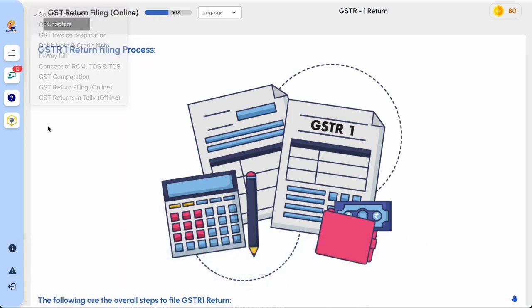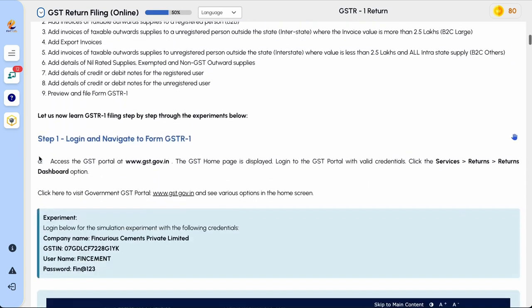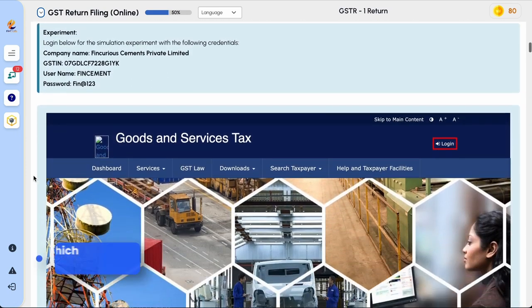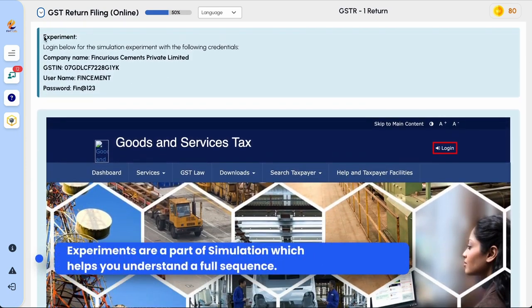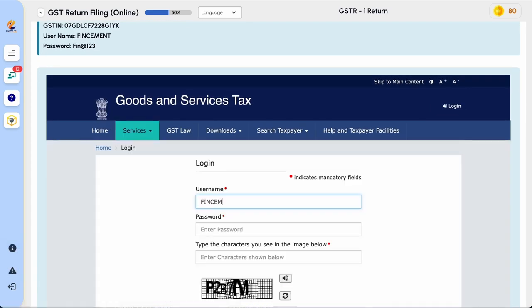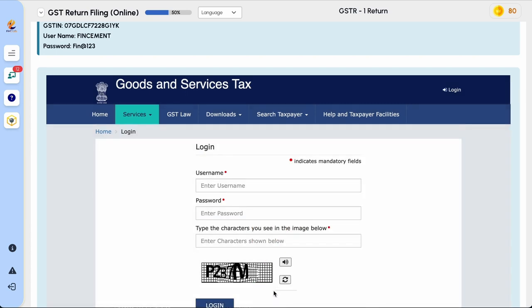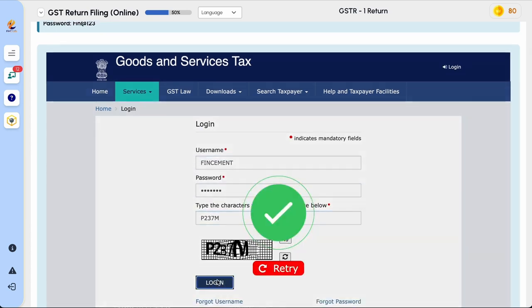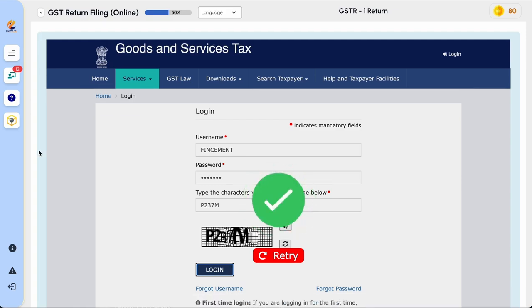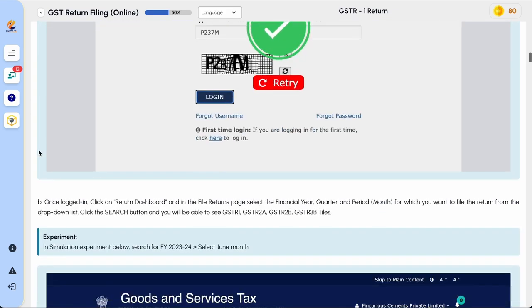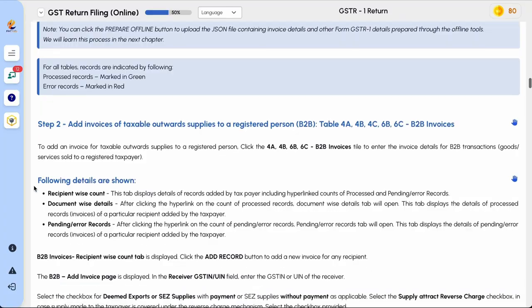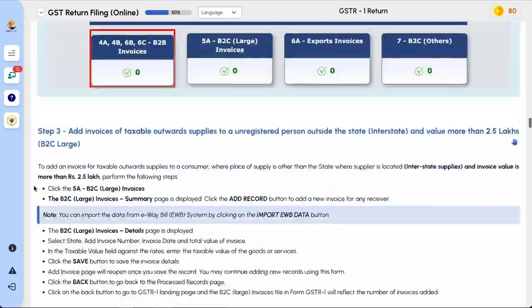One of the coolest features of the lab is simulation experiments that you can do within the lab. For example, the first experiment says log in below. Let's use the credentials to log in. Oh no, we made a mistake. You can click on retry if you wish to rectify the mistake. Hooray! You got it right. By the time you complete a section, you would have learned the complete topic by conducting multiple experiments and gained confidence.